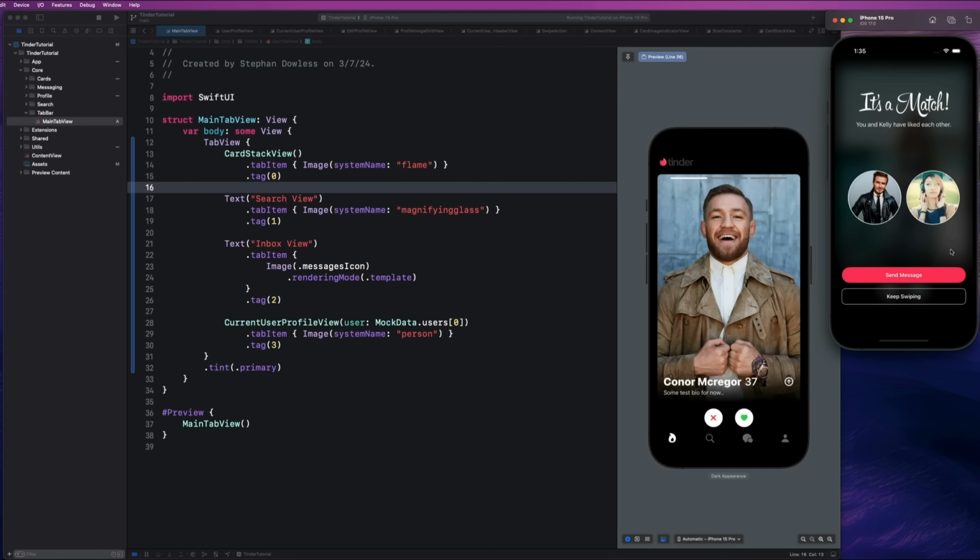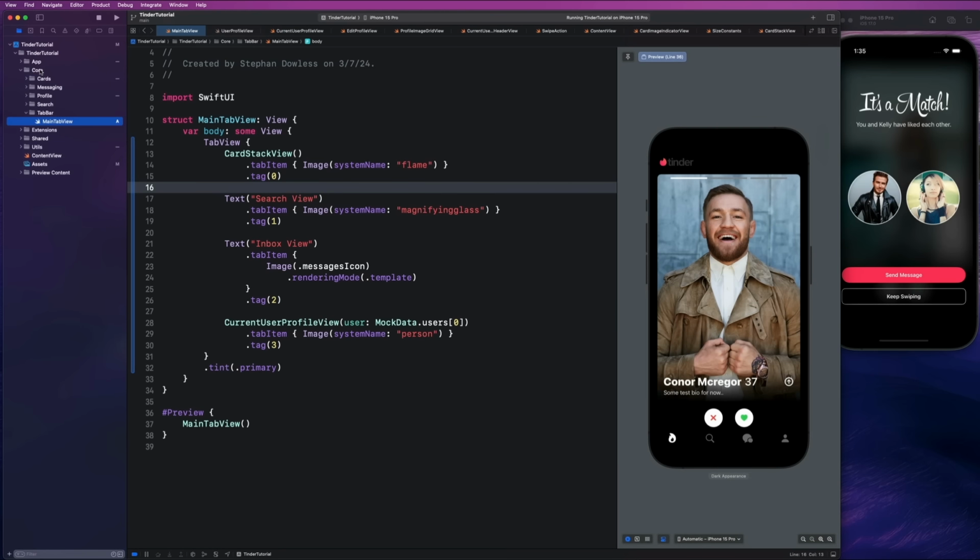Welcome back. In this module, we are going to be going over how to actually match with a user, right? So we're going to be building out this UI. We're going to go over the presentation logic for it. And then we're going to implement some mock function, like mock data to simulate what it would mean to match with somebody, right? So in our core section, guys, of the Project Navigator, we're going to go and create